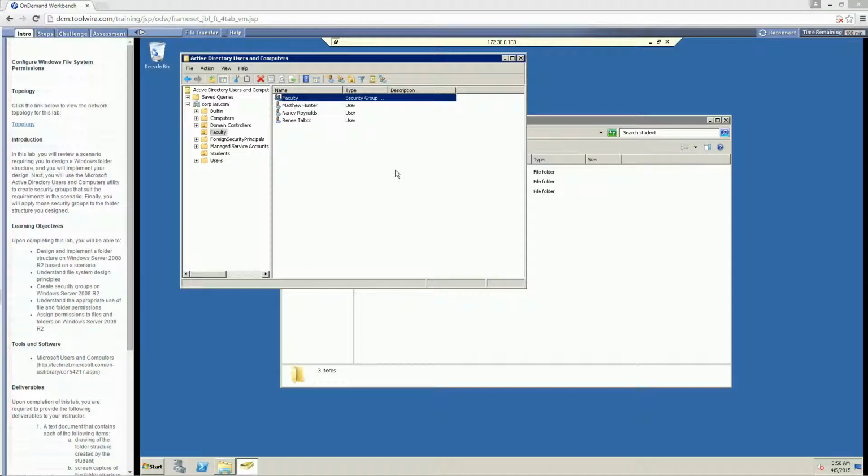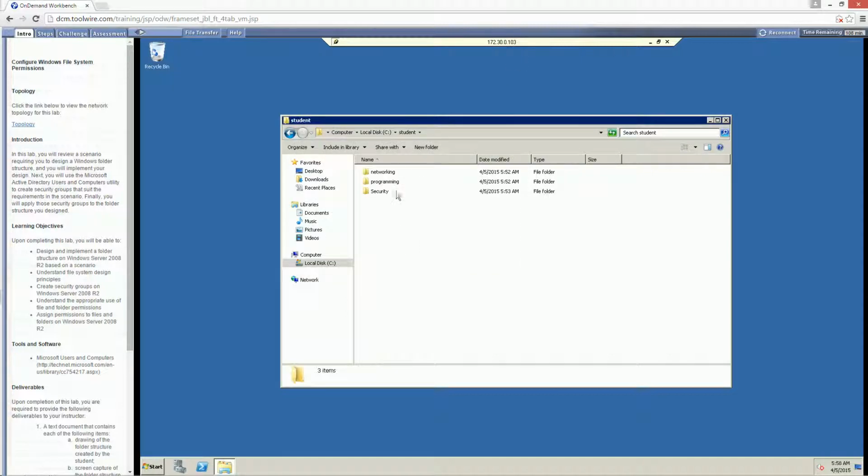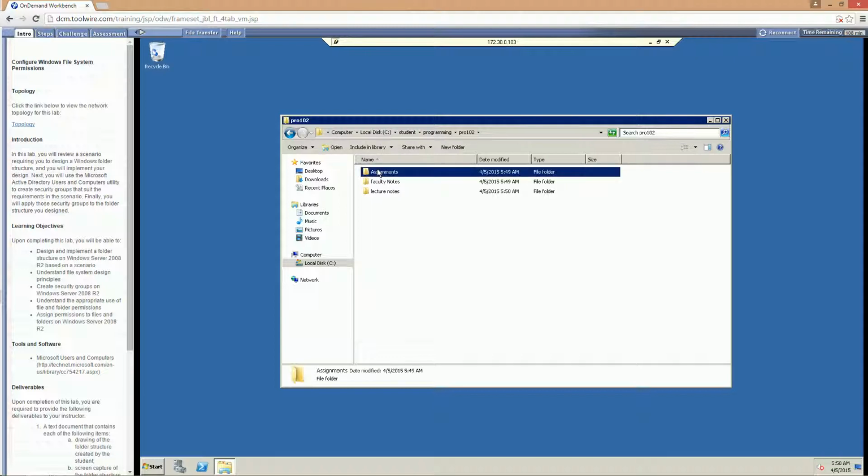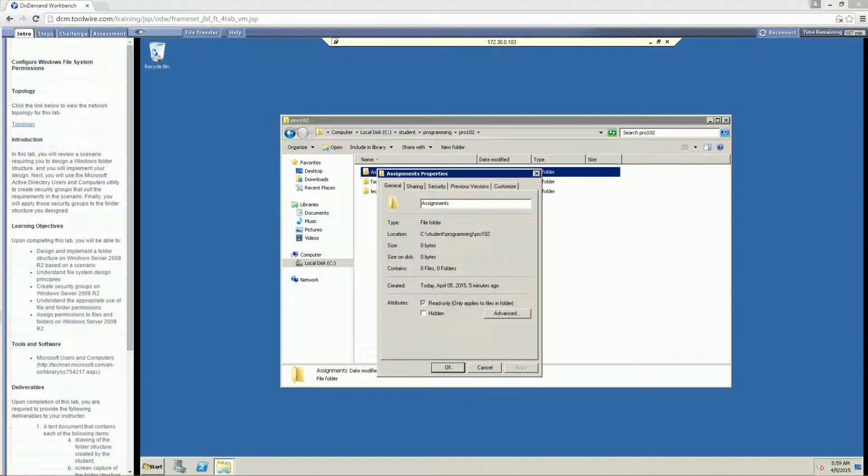Okay, so once we created our 2 groups, faculty and students, go ahead and exit out. And now we're actually going to start manipulating our folder permissions. We're going to allow people, both faculty and students, to be able to do only very specific tasks. So the first one we're looking at is Programming 102, and let's look at the properties for assignments. So click on Assignments, right click, Properties. Once you're there, go ahead and select Security